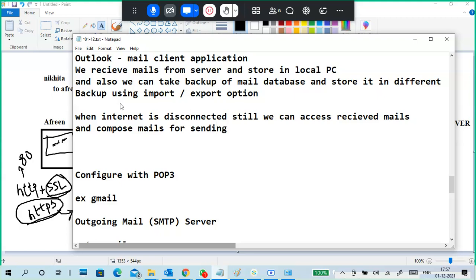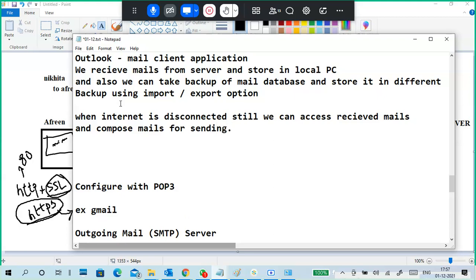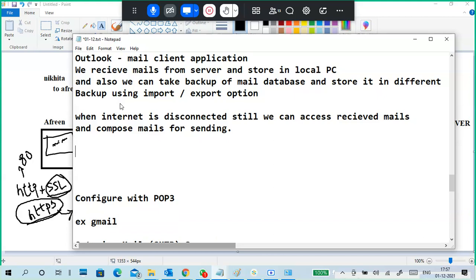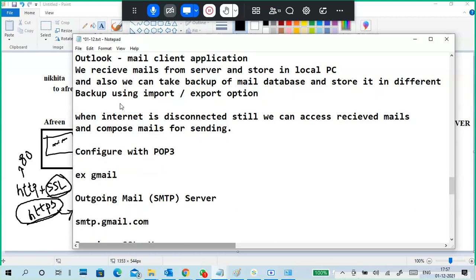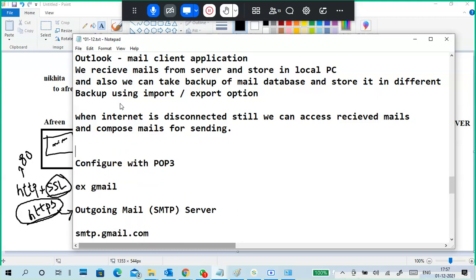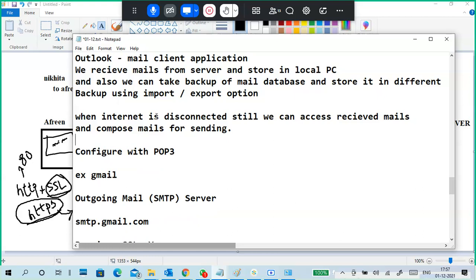But they won't be sent until the internet is connected back; only then can we receive or send mails. So that is the main thing about your mail servers.